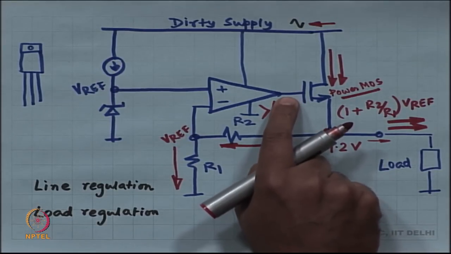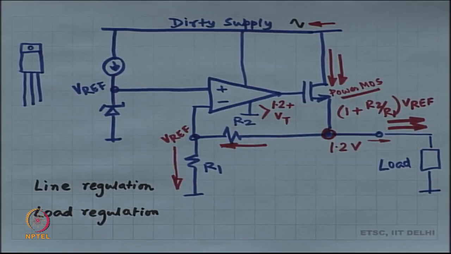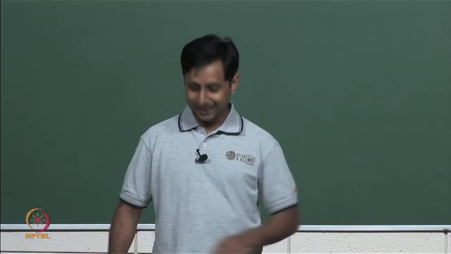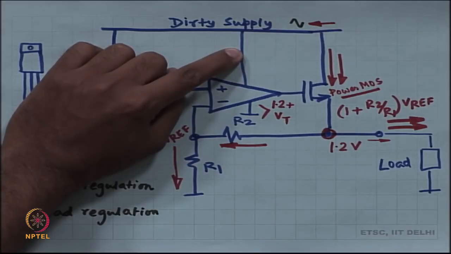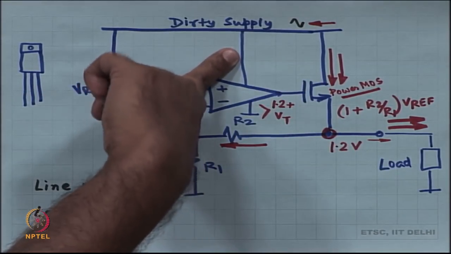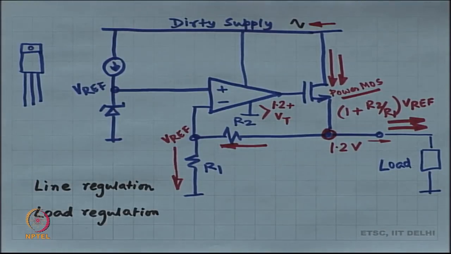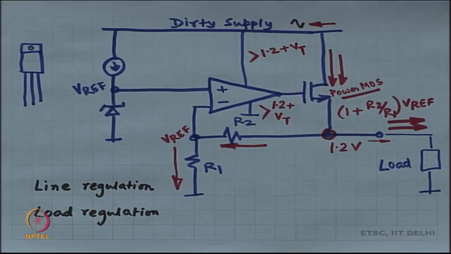Now, if the output voltage of the op amp is 1.2 plus a VT, what should be the value of the dirty supply? It has to be more, right? It can't be less than 1.2 plus VT, it has to be more than 1.2 plus VT, maybe VGS minus VT more or some quantity more. There has to be some headroom, and this dirty supply has to be above that. So, this dirty supply certainly has to be more than 1.2 plus VT,